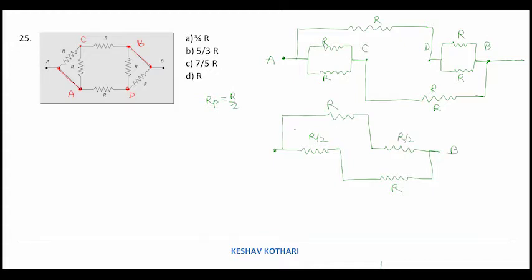Now this is a simple question of a series parallel network. R series 1 is going to be R plus R by 2, that is 3R by 2. Now 3R by 2 on top and 3R by 2 over here are in parallel with each other. So R effective is equal to 3R by 4. So the effective value of resistance for this problem is 3R by 4. Let us deal with the next problem.